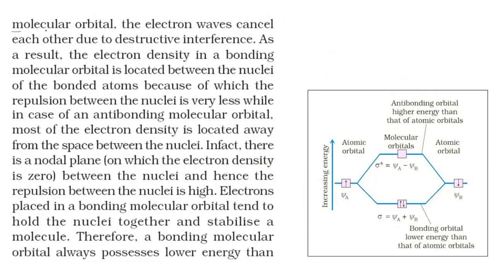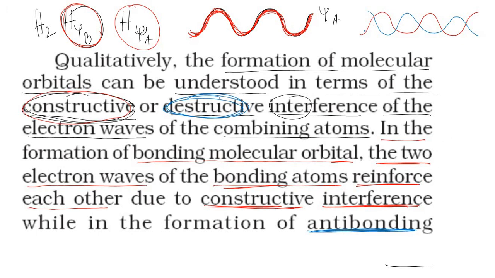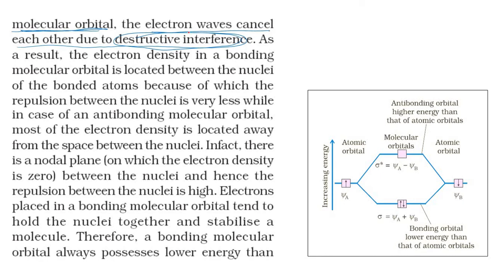The electron waves cancel each other due to destructive interference. Here you can see it has already been shown: the blue color was psi of B, and the red color wave was with respect to psi of A, and these two wave functions had a destructive interference,